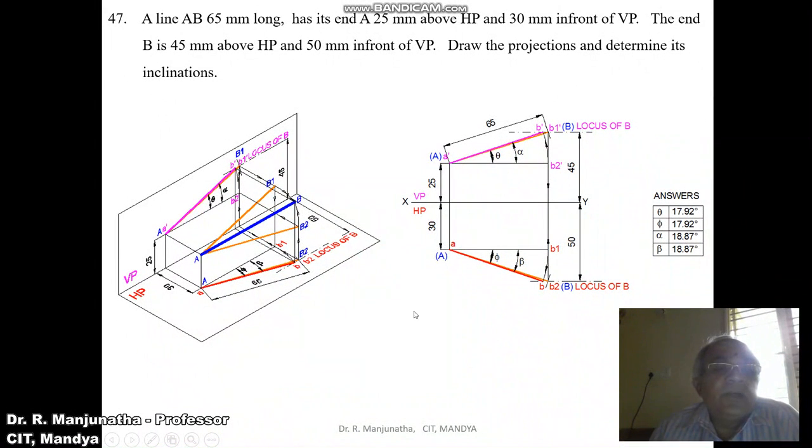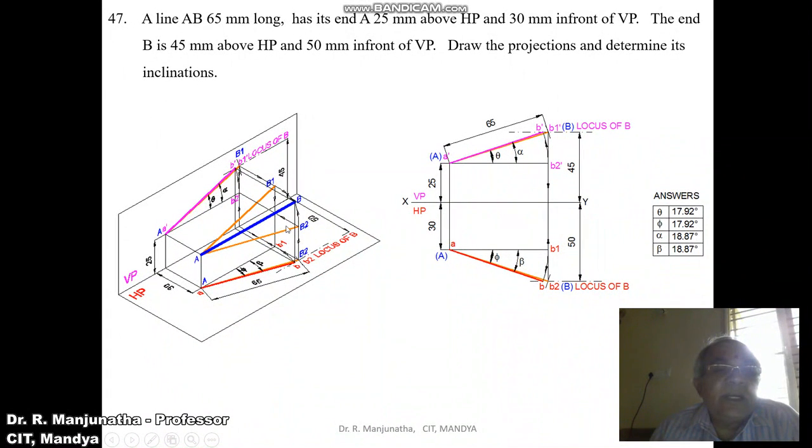To do that, first we have to take the front view true length. When you want to take the front view true length, that means with A as center, taking the radius of AB1, you rotate it such that A is parallel to HP and B2 is also parallel to HP. So B2 is above HP by 25 mm and capital A is also above HP by 20 mm. When you look from the front view, that will be projected here. So this will be the A dash B2 dash line which is parallel to HP. Once it is parallel to HP, you are getting the true length in HP.